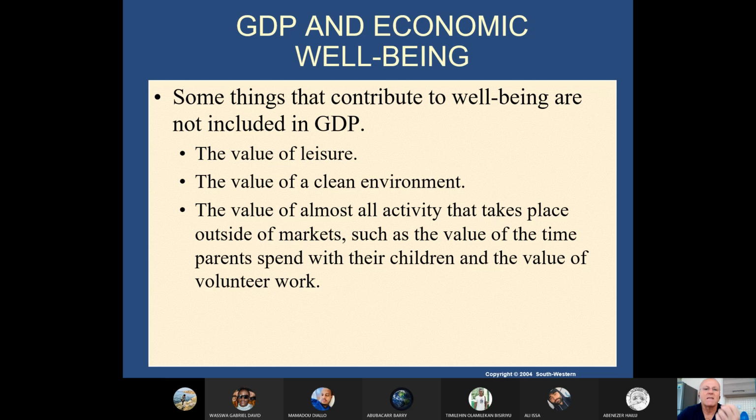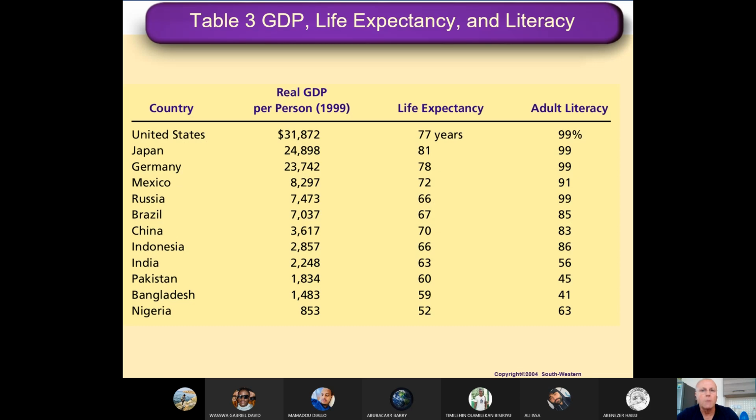Only the living standards and, of course, welfare and your happiness are countable for your standards of living. But of course, money is also a helping hand for increasing your standards of living or your prosperity in the economy. When you look at life expectancy and the real GDP per person, you observe that in the United States it is 77, and the amount of money is above $31,872. And as you observe, when Germany is